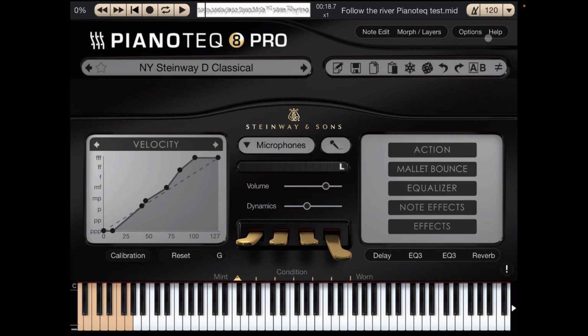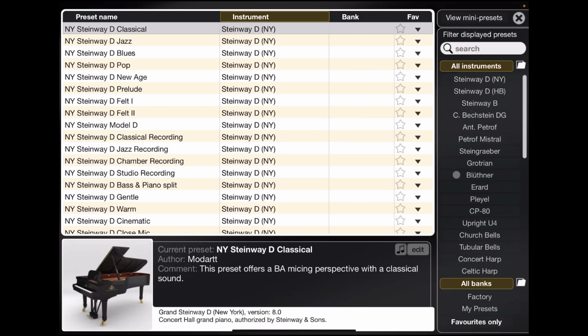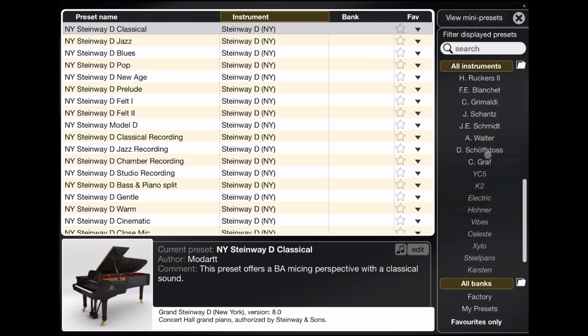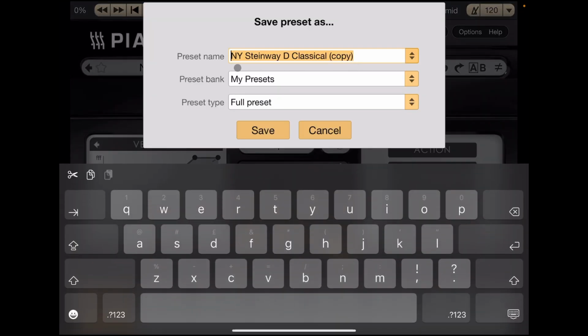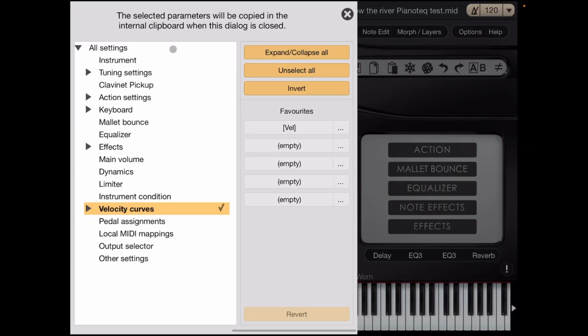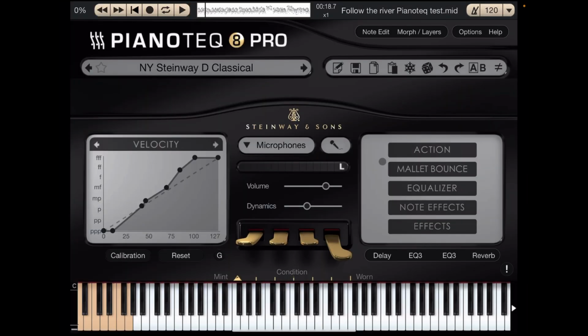We've got some further options here where we can access the instrument lists on that first one, and we've got all our instruments down the right hand side, and then you can pick banks and set them as favorites, all that sort of stuff, so you can get hold of them more quickly. You can save, if you make a change to a preset, you can save your changes as a different preset name. You can copy any of the settings that you've created within Pianoteq, so you'll be able to paste them into, if you create something in one preset and then you go into a different one, you can then paste